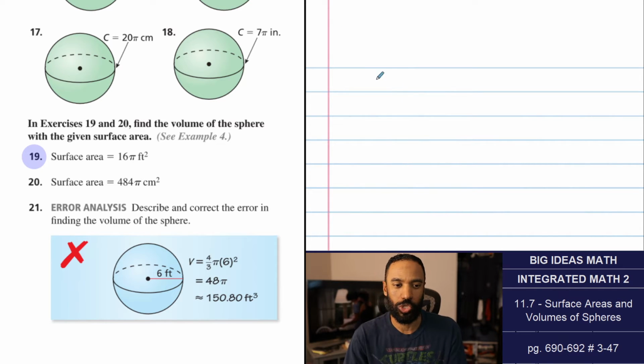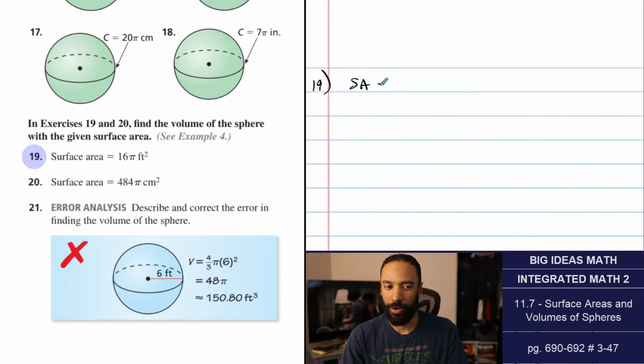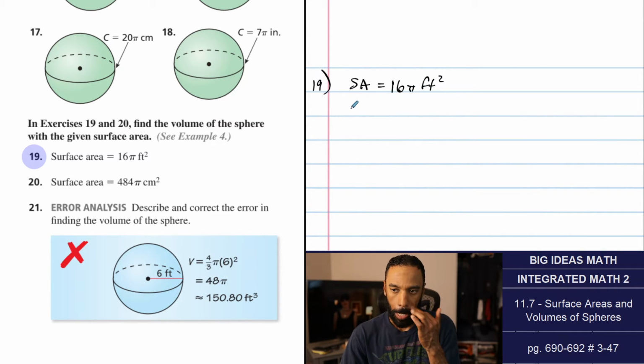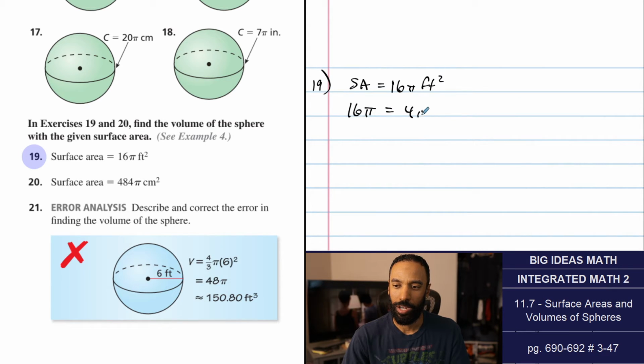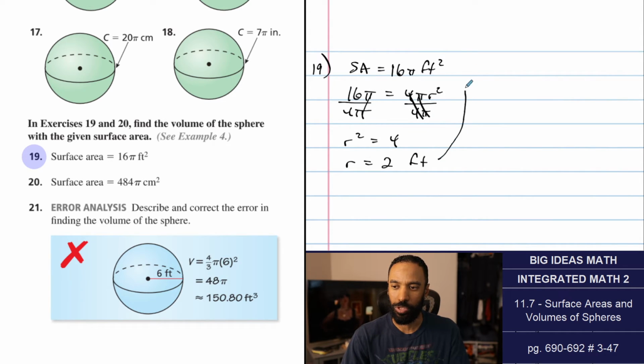Numbers 19 and 20. Find the volume of the sphere with the given surface area. 19. So the surface area is 16 pi square feet, which means that 16 pi is equal to, surface area is equal to 4 pi r squared. We're going to use the surface area formula to get the radius of this so we can then get the volume out. When I divide by 4 pi here, I get the radius squared being 4, and take the square root of both sides. You get 2 foot radius for the sphere, so we can now use that to find